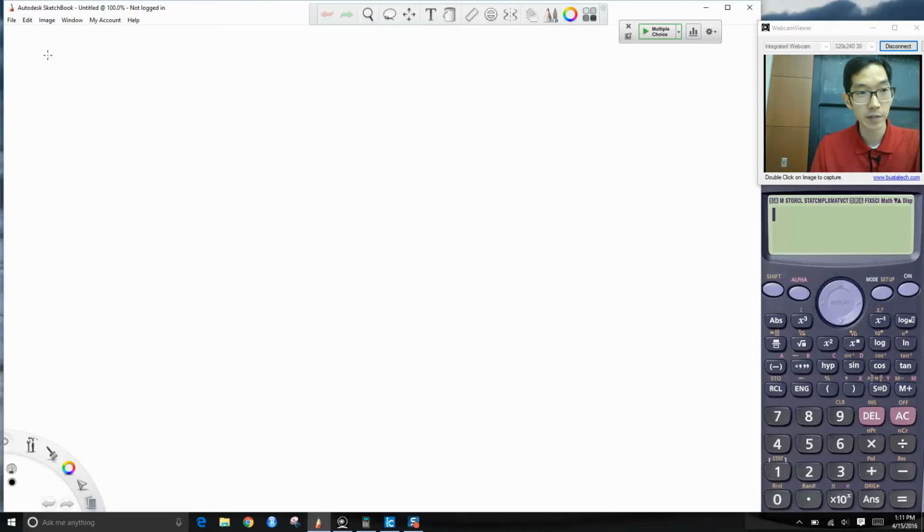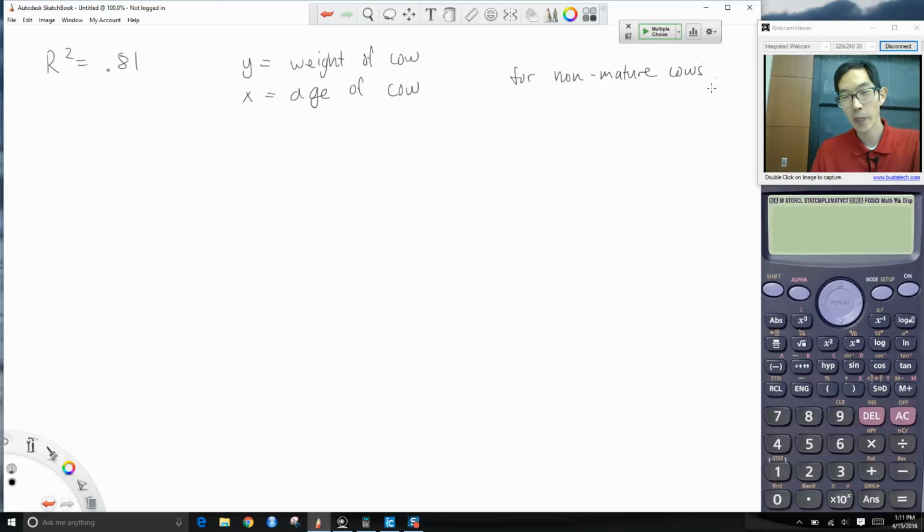So we're saying if r squared equals 0.81, okay, so y would be the weight of a cow, x would be the age of the cow, okay, and this is for non-mature cows. All right, so we're saying there are many factors